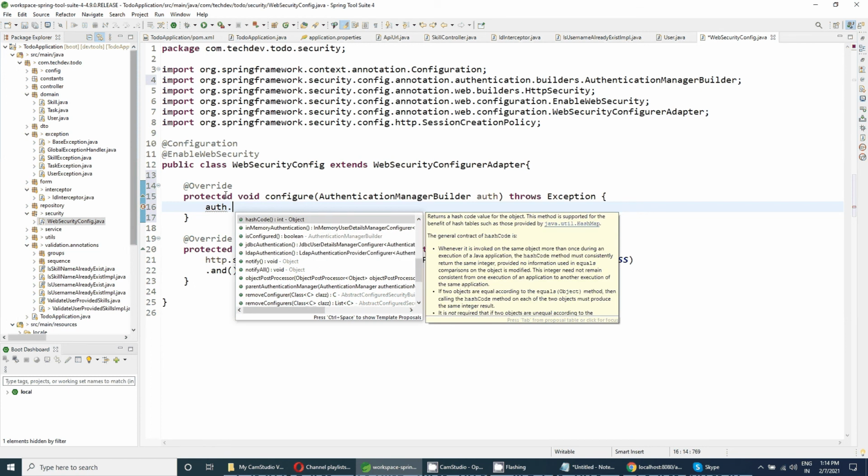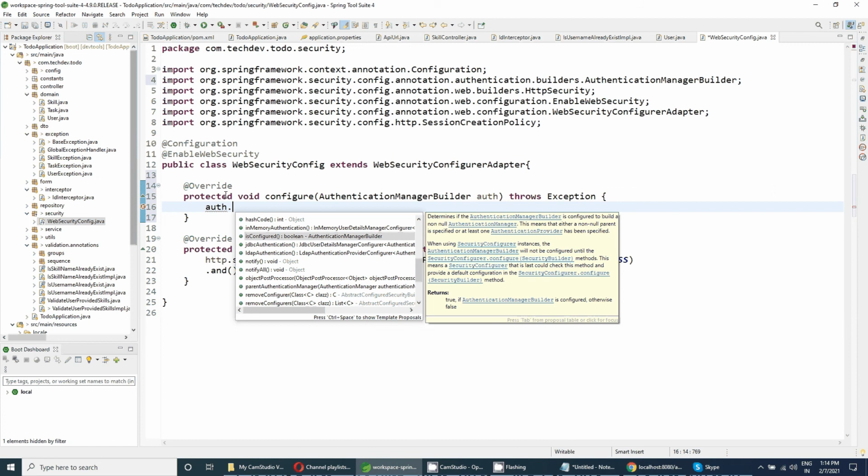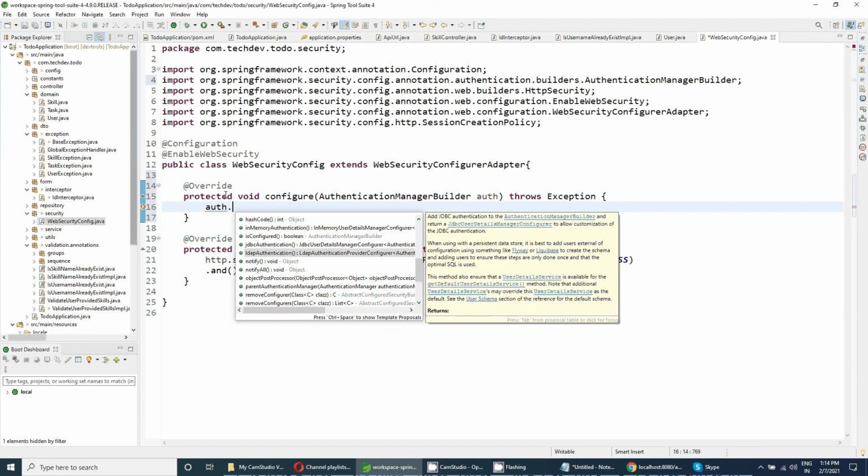Let me also explain the difference between in-memory authentication, JDBC, and LDAP. In-memory authentication means all the user related details will be stored inside the memory, so no other database will be required.